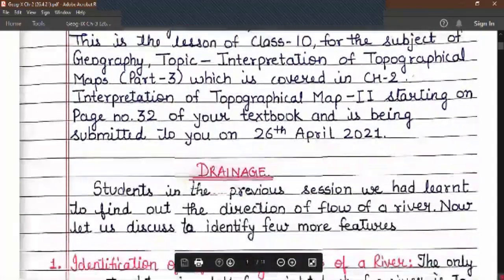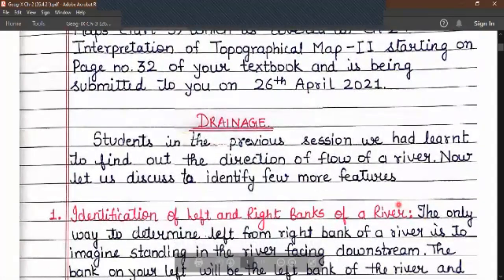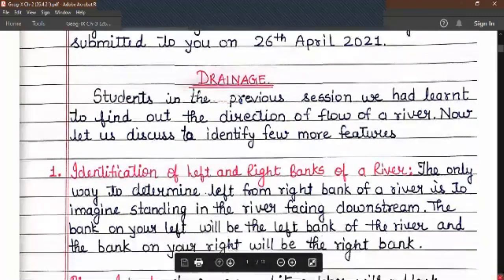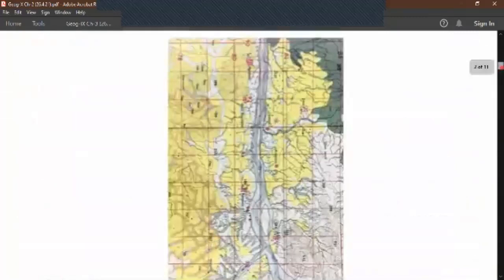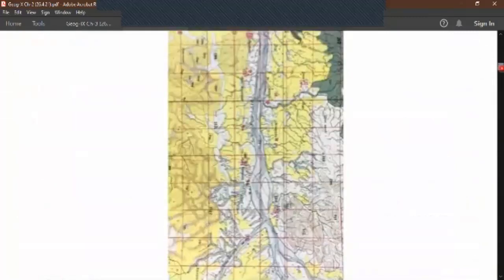Students, in the previous session, we had learned to find out the direction of flow of a river. Now, let us discuss a few more features. First of all is identification of the left and right bank of a river. For that, first of all, we have to find out the direction of the river. So with the spot heights decreasing towards the west, the direction of the river is